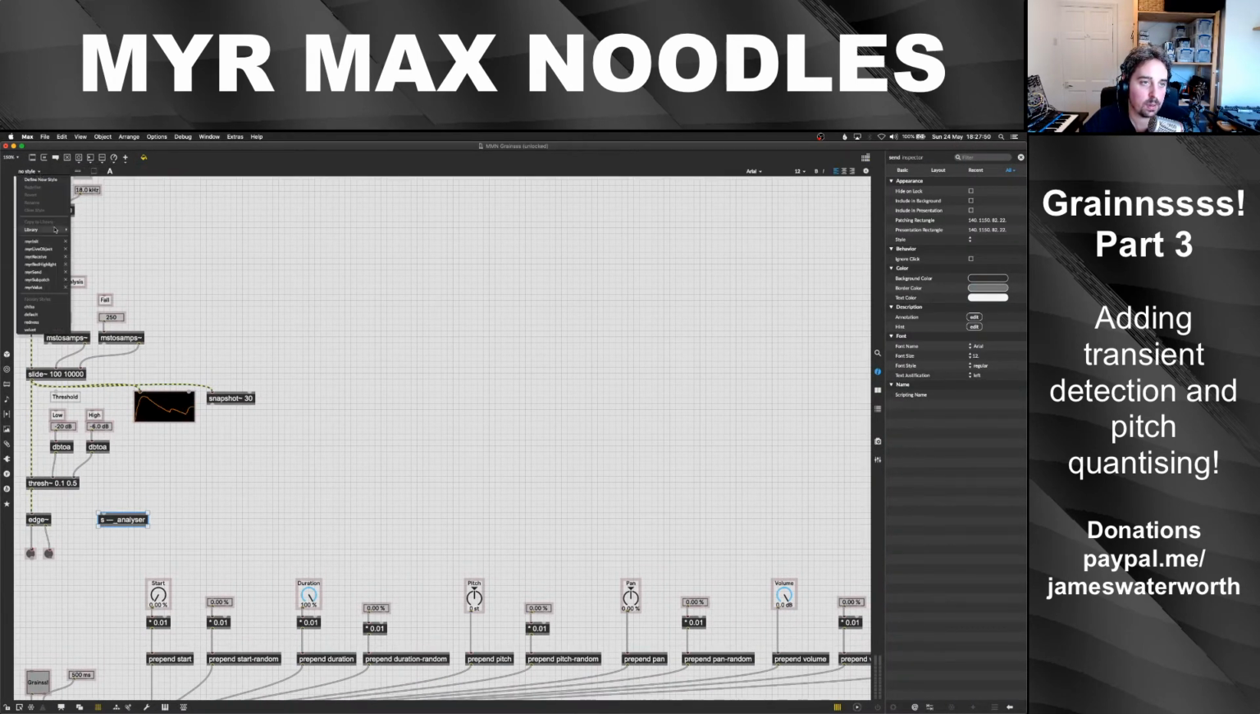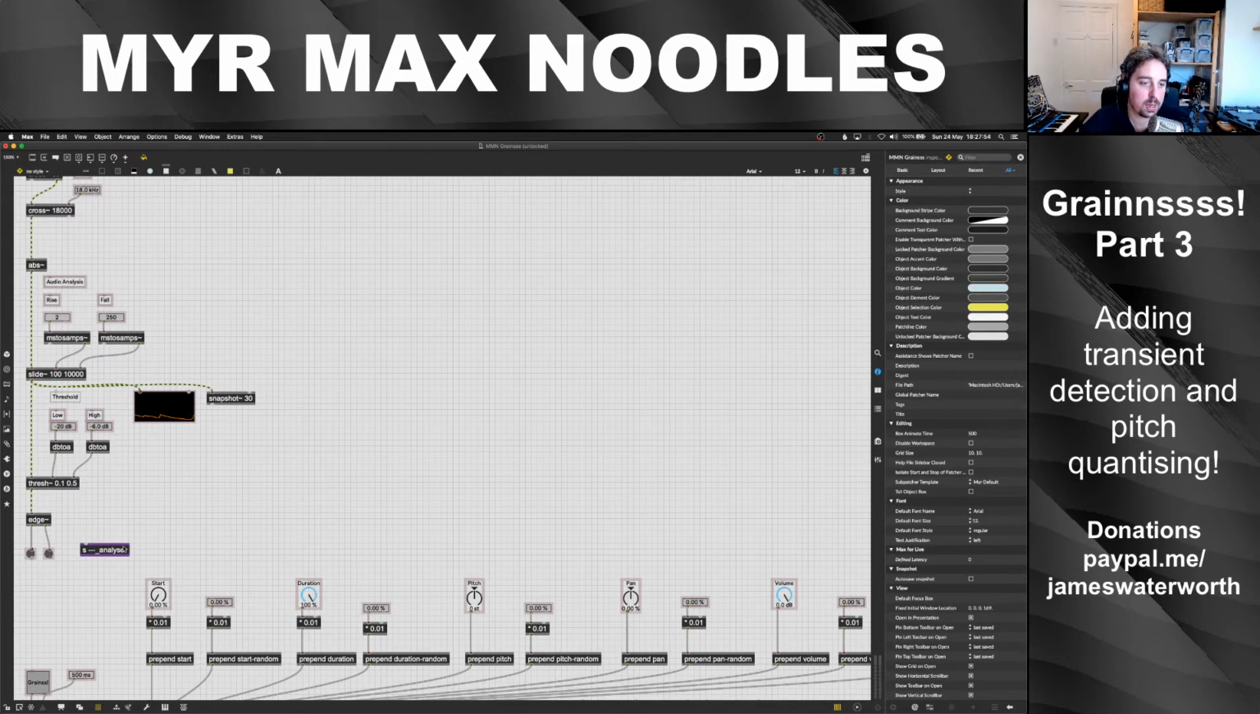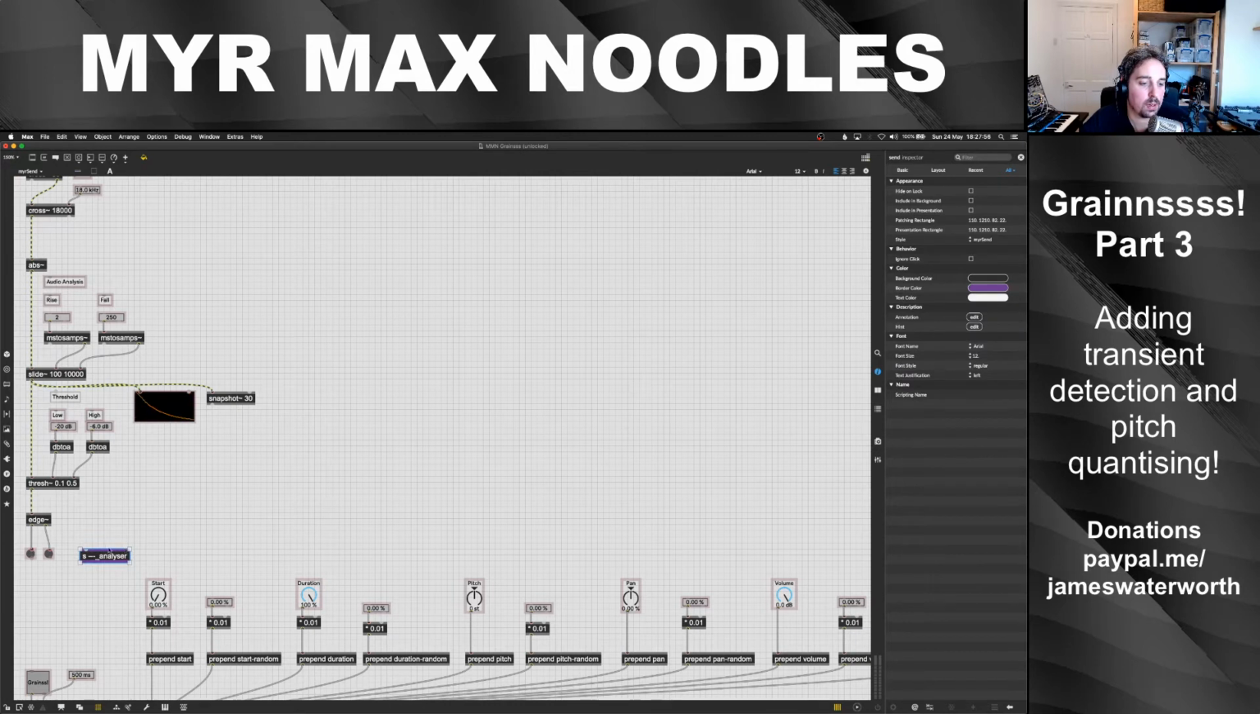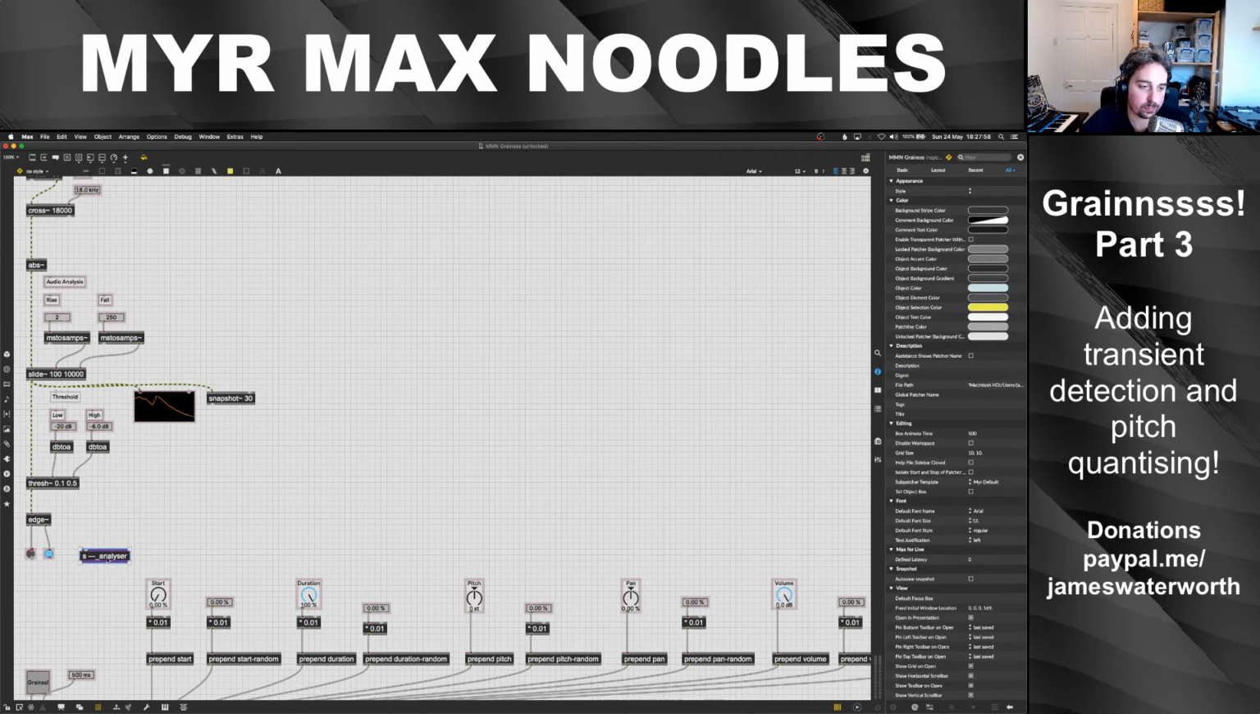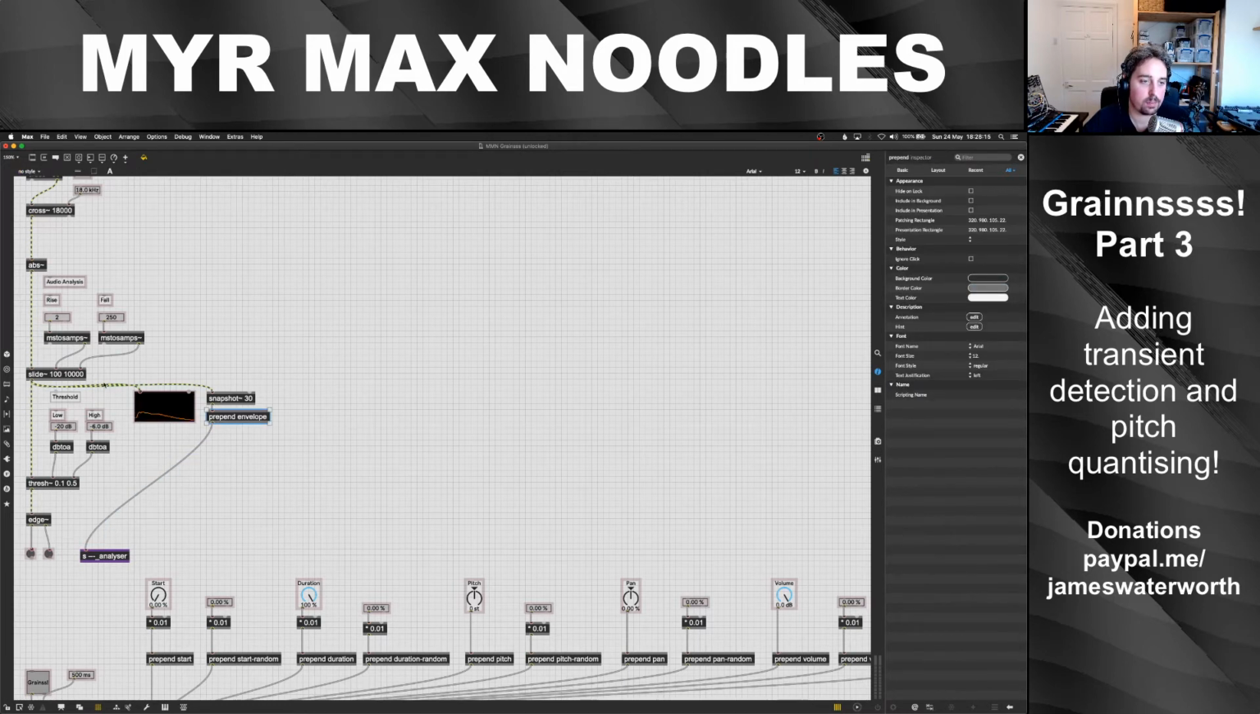I like color coding stuff, so I'm going to give it a send color code just so I can quickly scan around a patch and see what's going on. The send is called analyzer, and actually, it's not going to be more than one type of analyzer in here, so let's just leave it as analyzer. The envelope is going to be appended the word envelope, so that's going to be the envelope generated by the envelope follower, and